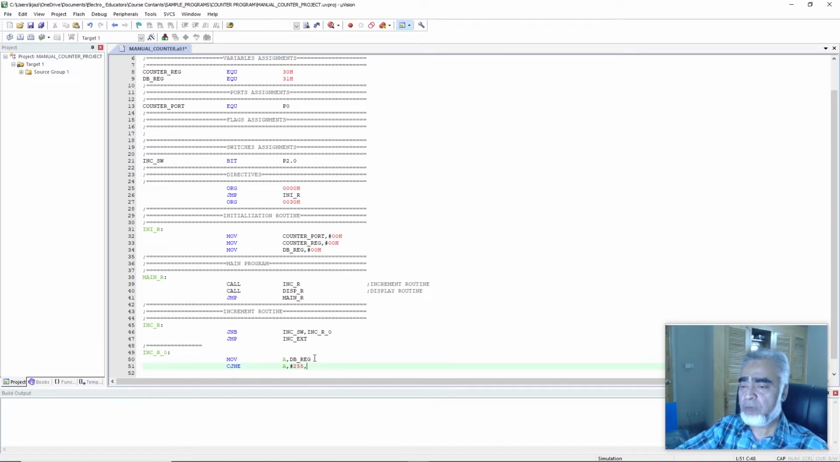In this case, if the value is not equal to 255, our program will jump to a new subroutine, and we will assign the name to the subroutine, that is dbreginc, and here we'll write debouncing register underscore inc. Here on this line, our program will check if the value of accumulator is not equal to 255, then the program will jump to the debouncing register increment routine. But if the value of the debouncing register is 255, then our program will come to the next line,